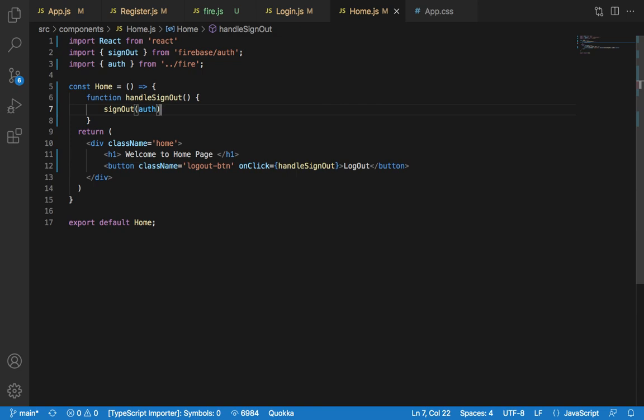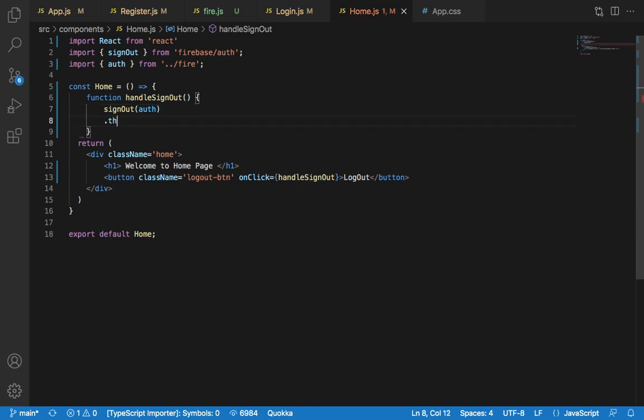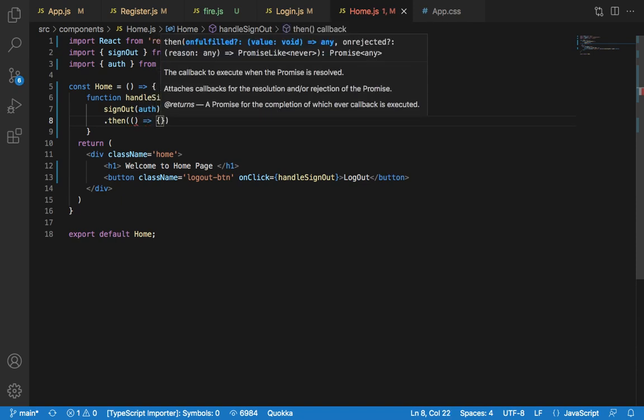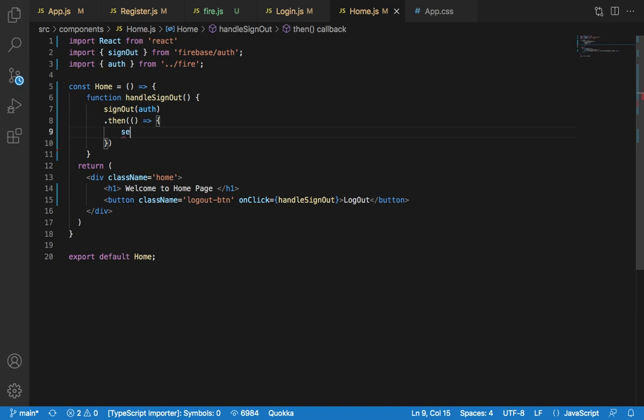We will say dot then set user. I will need to accept user here through props,